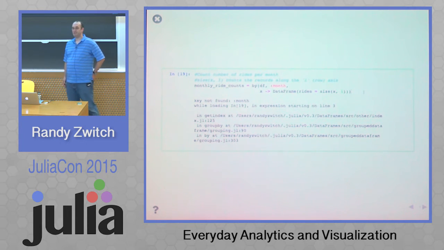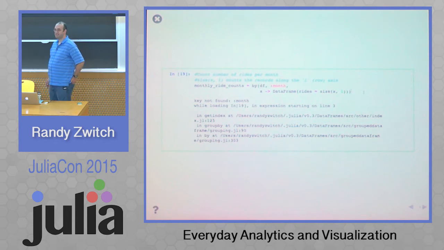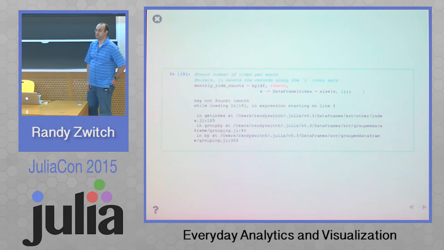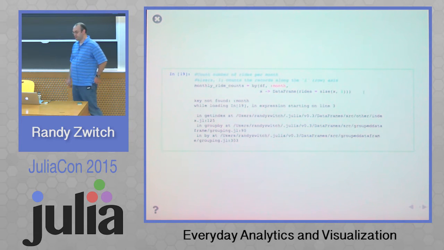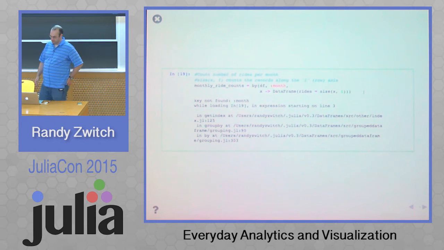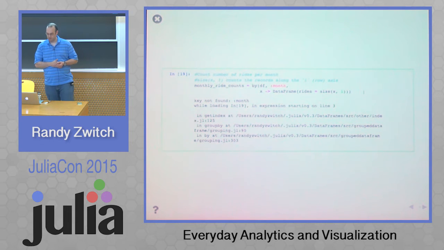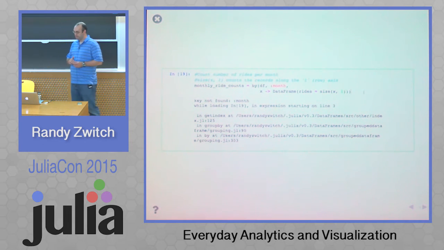So this is actually a good segue now that the data has finished loading. This is one of those operations. If you're familiar with SQL, this would just be a group by. But what you end up doing here is using the by function. Pass the data frame. The month refers to the column month, and it's listed as a symbol. And then we have an anonymous function that is sort of cheating here, or at least not the way that you would think about it. So here's that cognitive overhead.